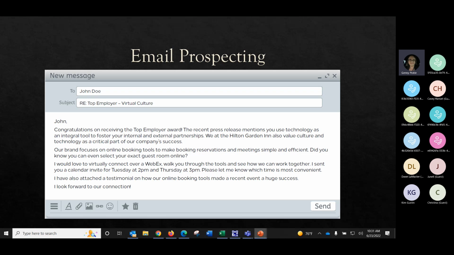All right, and then last but not least, email prospecting. We all get tons of emails a day, so we know our clients are getting tons of emails a day as well, and their time's important, just like ours is. So when we're prospecting through email, we want to make sure that we're incorporating some critical elements to stand out, like your subject line. That's key to making the prospect open that email.